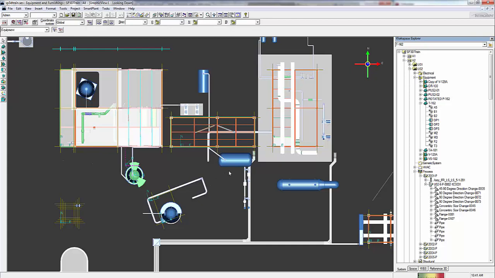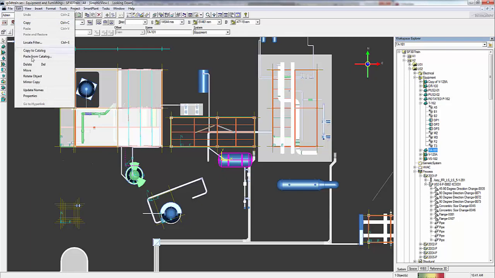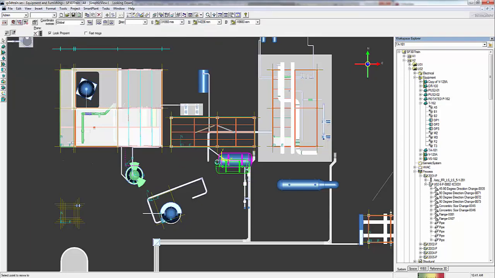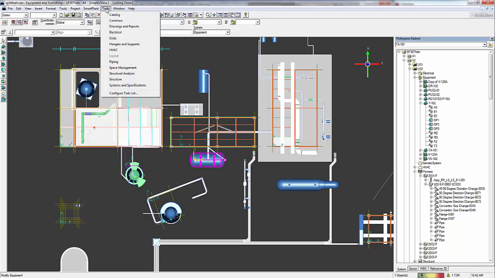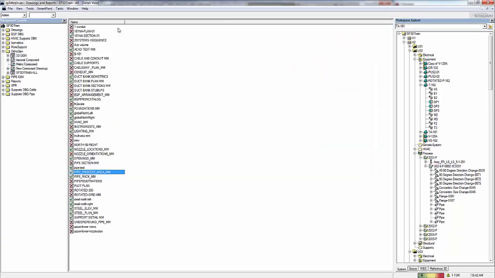We will now go back to S3D and make a simple modification to an equipment item. We'll now move an equipment item to a new location, and then we'll go to the drawing task to update the drawing. This will regenerate the vector hidden line showing the new equipment location. You can still take advantage of the S3D up-to-date status and the update and save as processes, which can be automated using the Intergraph Force Drawing Update utility.